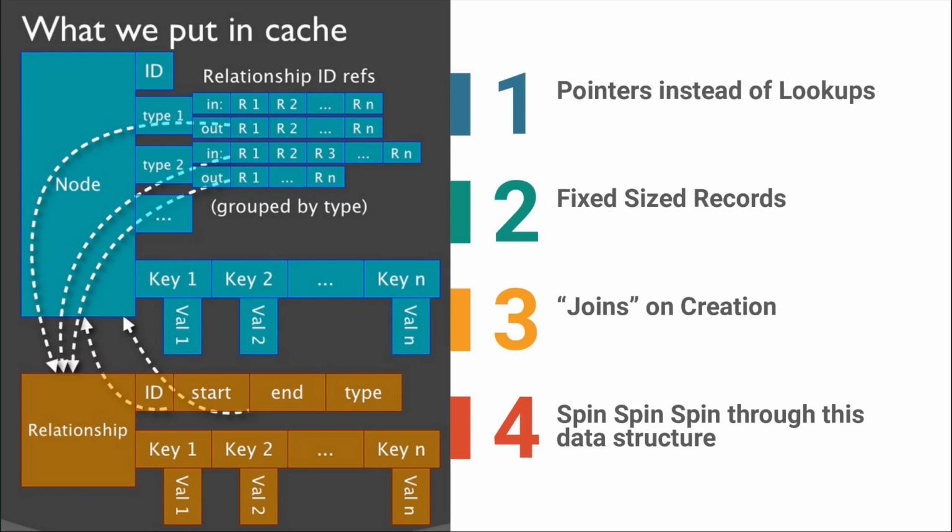So we have two lists, incoming and outgoing. We're going to go into these lists, and we're going to see this R1, R2, and so on. All of these are just numbers. They're just pointers to the relationship array. So we can say, okay, R1 happens to be relationship 5. So we jump to relationship 5 and say, okay, we came from node 1. That was our start node. What is the end node of this relationship? And it's node 55, whatever it is. Then we jump to node 55. We get some username property from that node, and we kind of continue on from there. We do this until we get to 150 jumps, going from the node to the relationship back to the node,